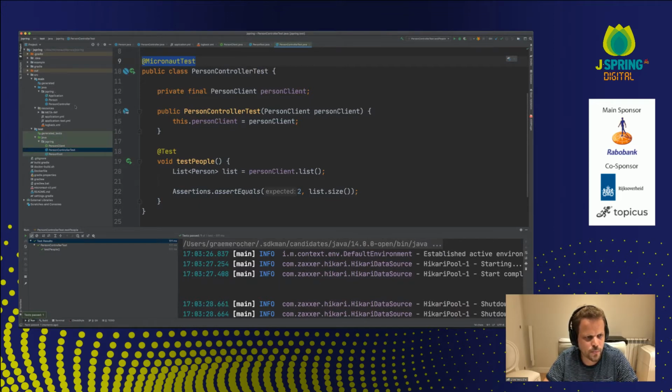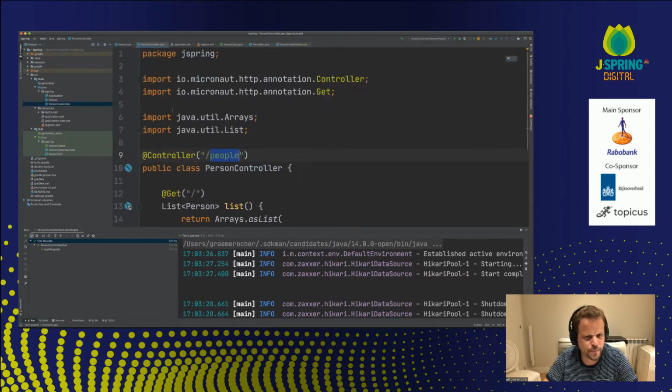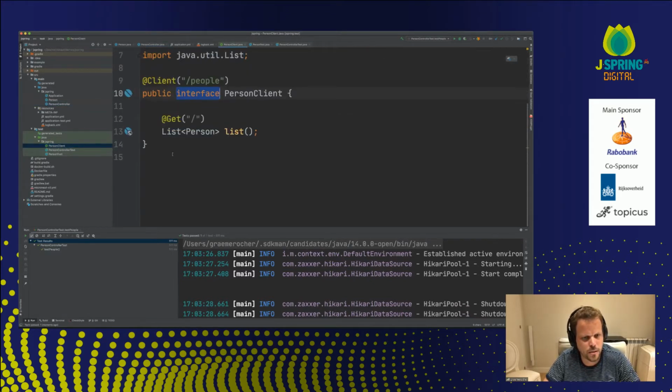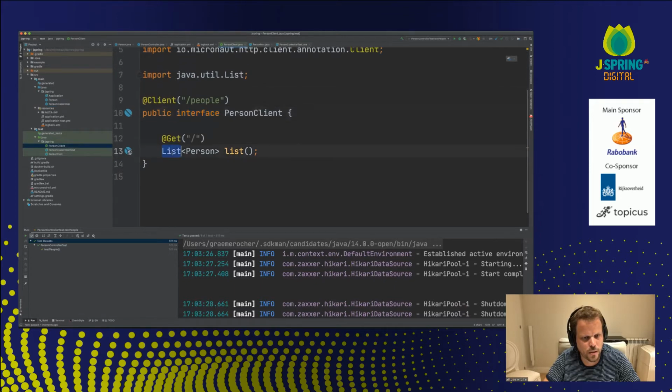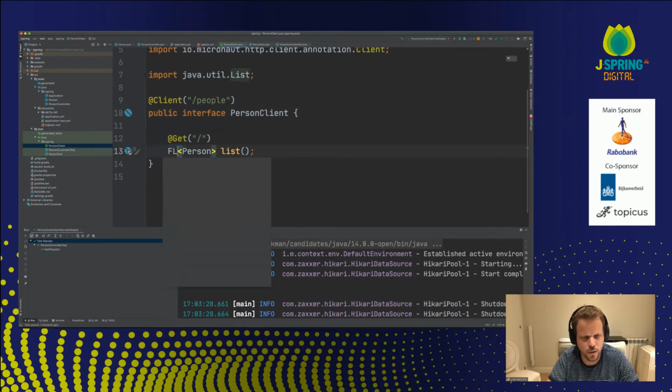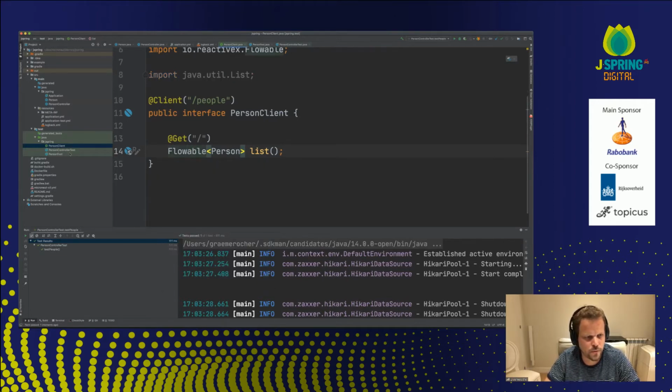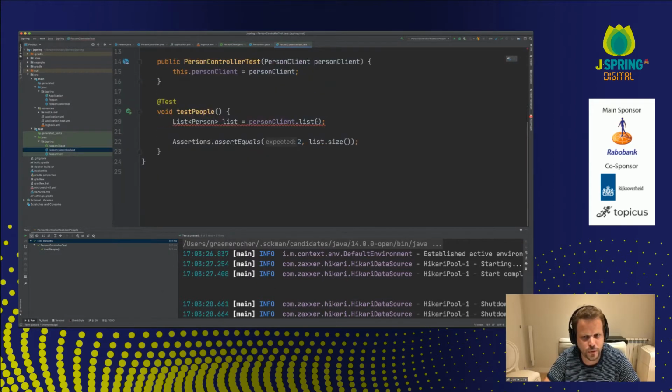So that's pretty important. So now, obviously I'm using a blocking call in my client here. You could instead substitute this with a flowable with RxJava and do reactive type things.